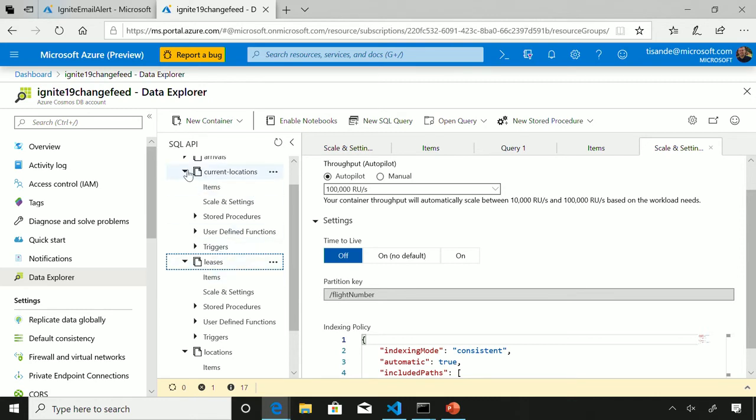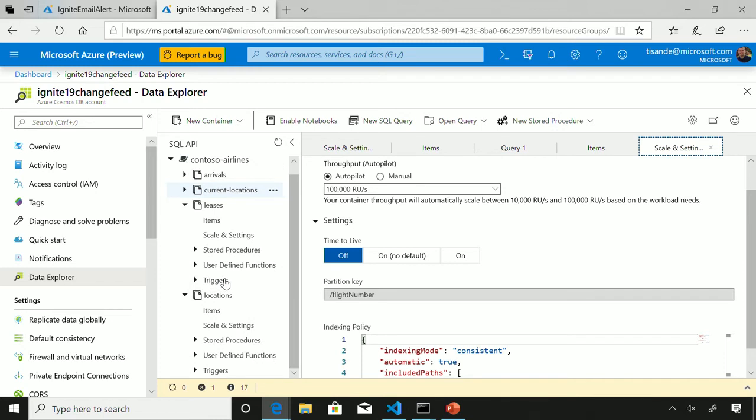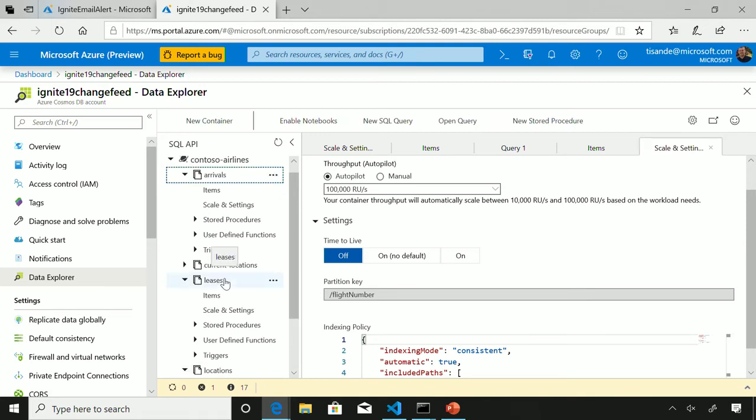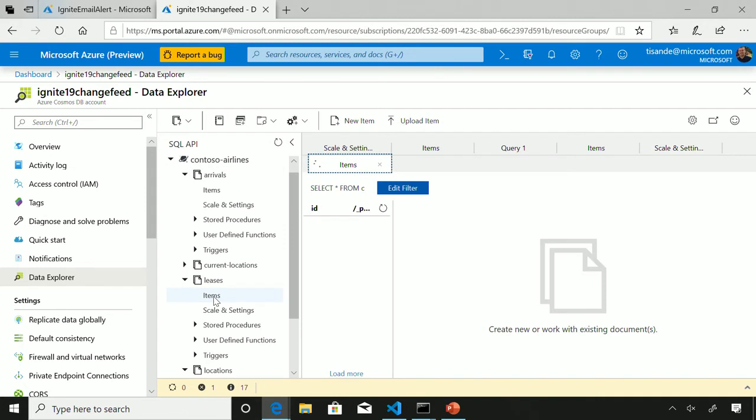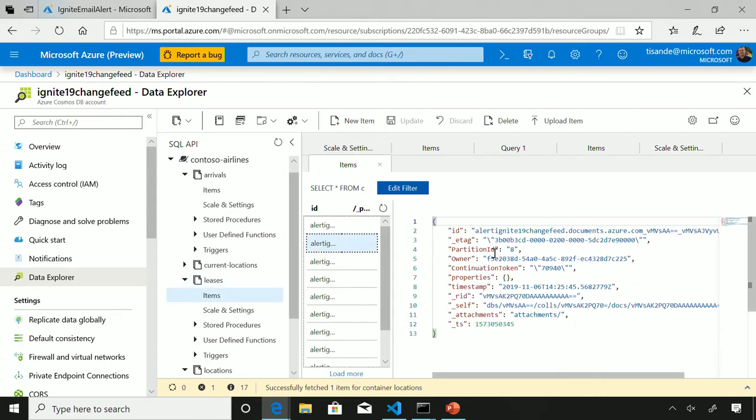This Leases container wasn't here when I started my demo. If anyone was paying attention carefully, I started out with 3 separate Cosmos DB containers, but this Leases container wasn't there. The Leases container basically has your bookmarks for where you were in last reading the change feed. We're going to keep 1 bookmark per partition, per microservice that reads from the change feed. So you don't actually need to go and manage the lease collection, but we're going to take a look at